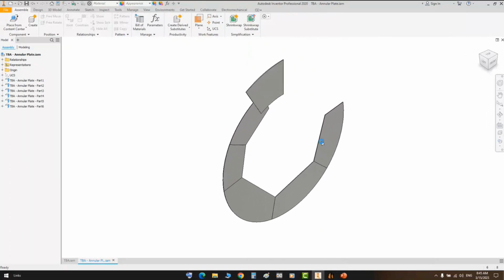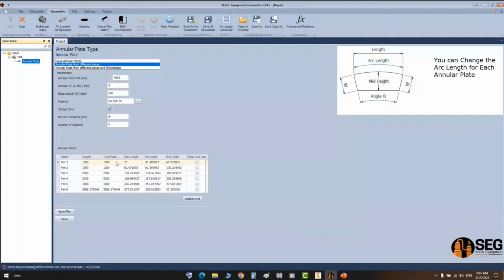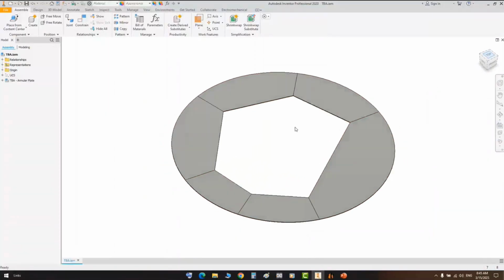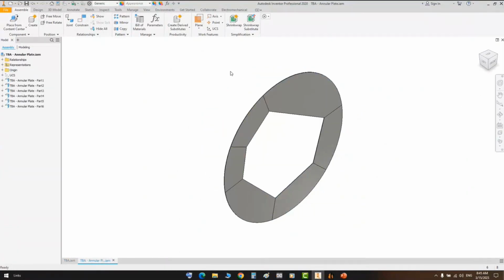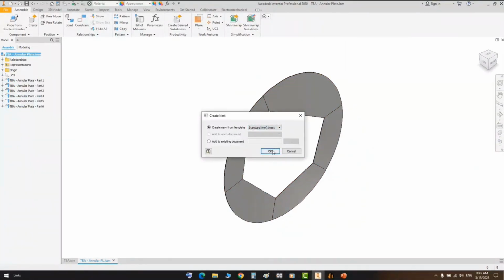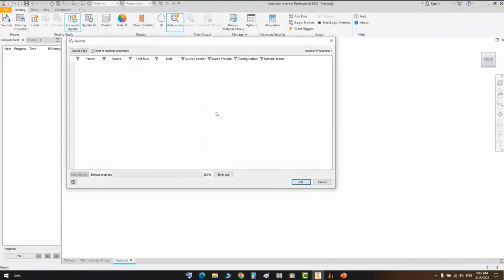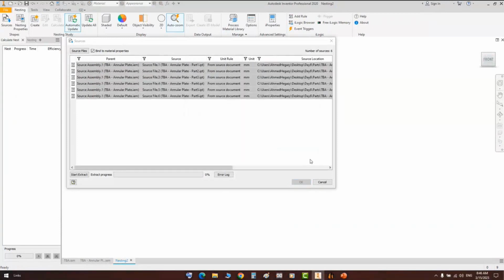you will get the annular plates in different dimensions as selected in the SEG importing form. It will be like that. So they differ. Now let's make the same thing, which is nesting. If you open the assembly and from here click on create nest and select nesting to be in millimeter, you can see that the nesting tool detects the material and thickness,